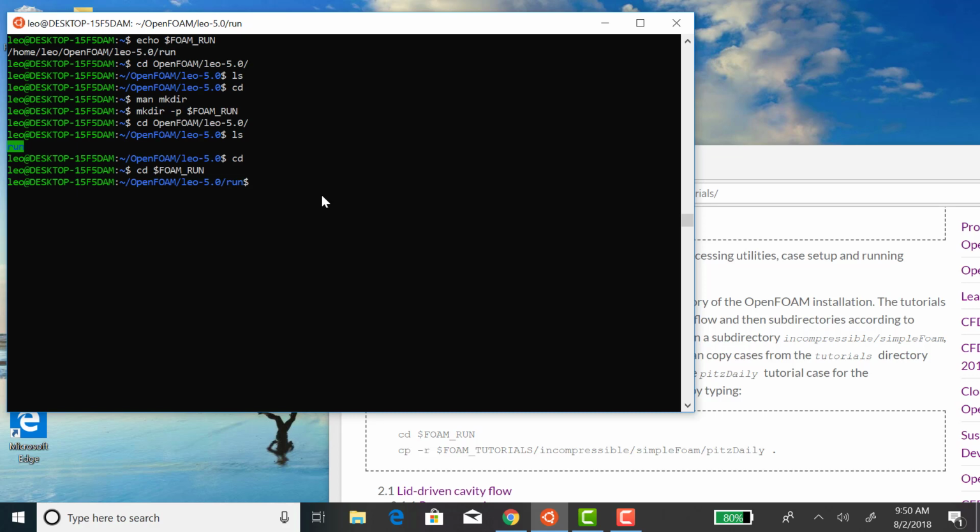What's FOAM_TUTORIALS? Let's see if that's right. So echo $FOAM_TUTORIALS. It's in /opt/openfoam5/tutorials. That's where they all are. So I don't want to type out the whole path; I can just use this environmental variable that was set up in the bashrc file when we put in the OpenFOAM bashrc, so all the directories and where it executes are known. I'm assuming all these environmental variables were created there. So then I'm going to cp -r